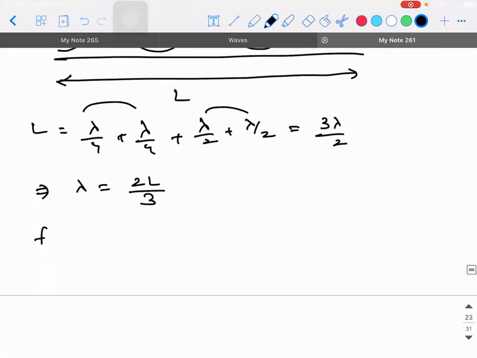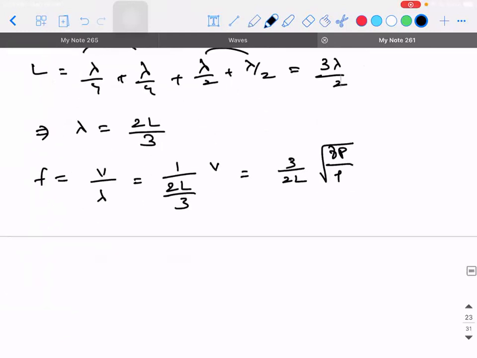Okay. So frequency is equal to V divided by lambda. That is 1 by (2L divided by 3) into V, which is 3 by 2L into square root of gamma P divided by rho. So what is the name of this frequency? This is F3. This is called as second overtone or